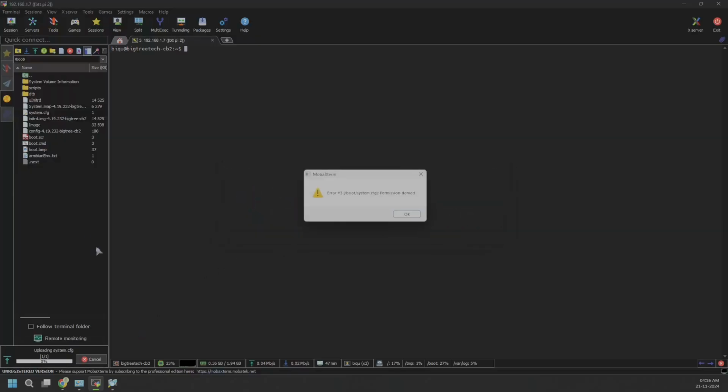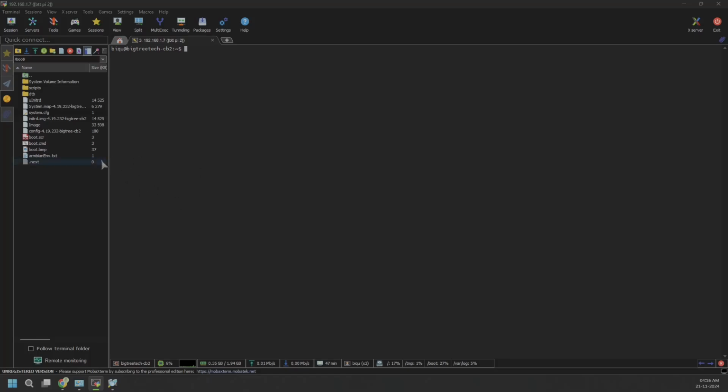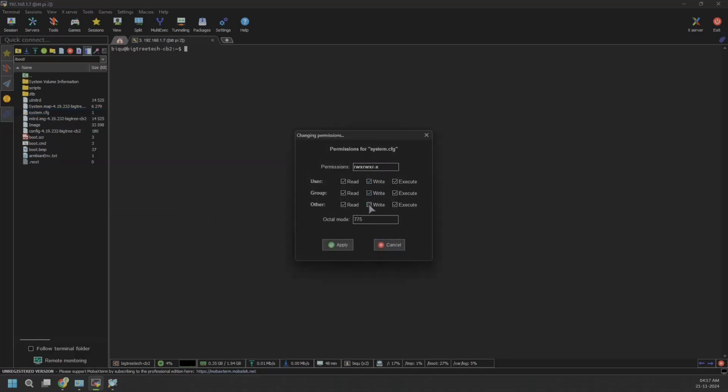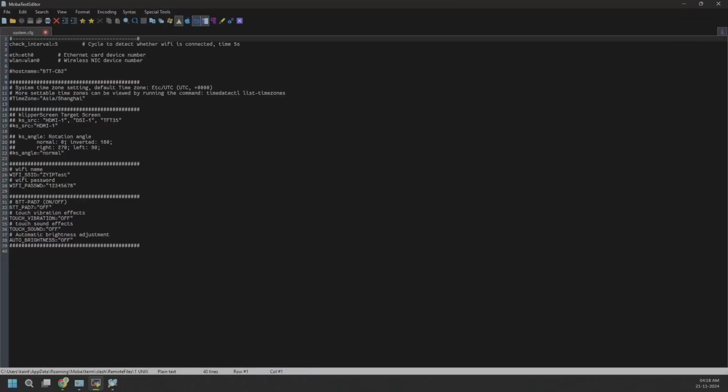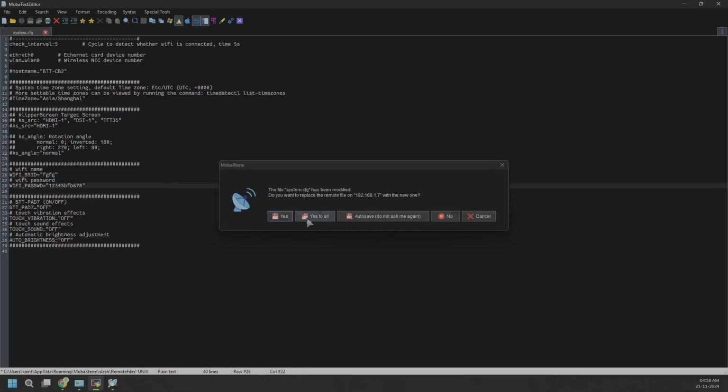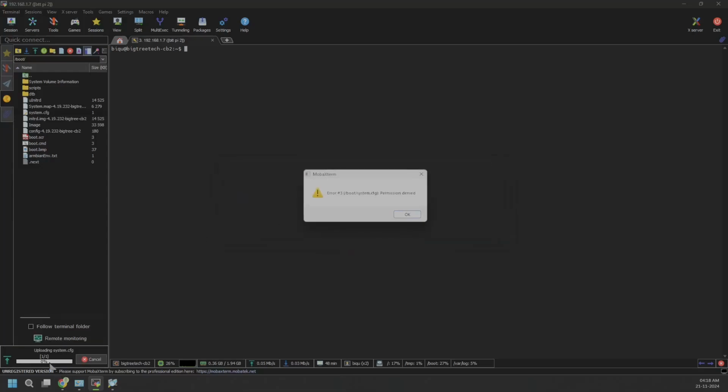Yes. If it gives you this error when saving, there is another way to do it. You need to right click on the file, go to permissions, and tick everything. Give it reading and writing permission, apply it, yes, and then go there and try to change it. Whatever password you're putting there, save it, yes to all. If this gives you an error again,